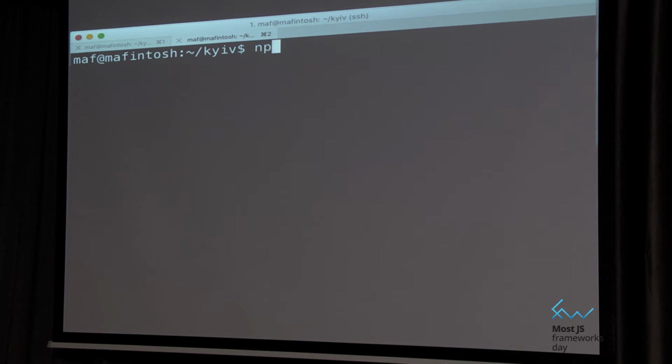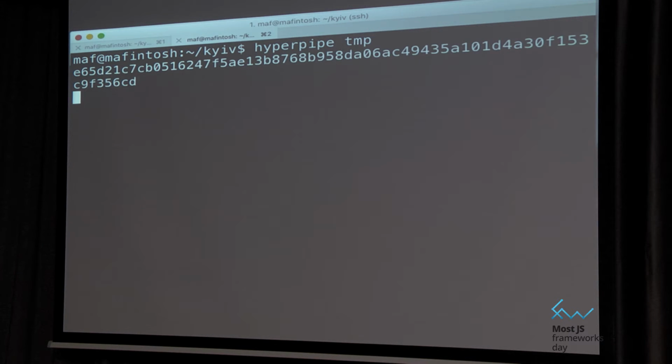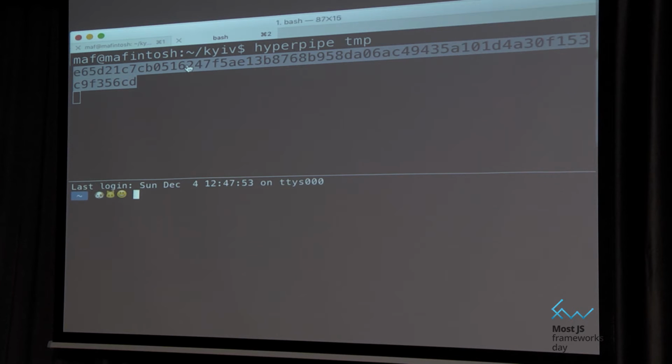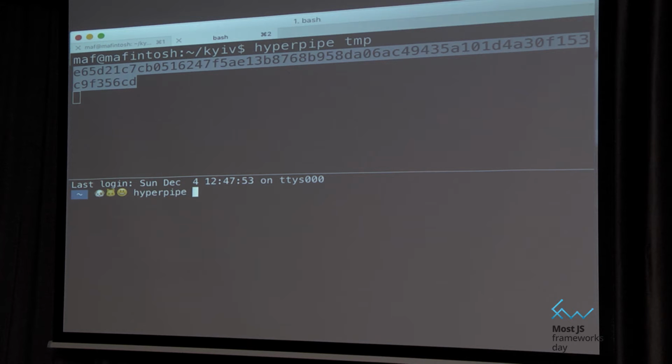So you can just install it from npm using this. And then the only thing it does is that it's a pipe that you can run, and you just give it a command where it should store things. I'm just going to put temp. Then the only thing you need to do is you run it, and it spits out this cool key that you can copy. And then on another computer, anywhere in the world, you can just run the same command and pass in this key.